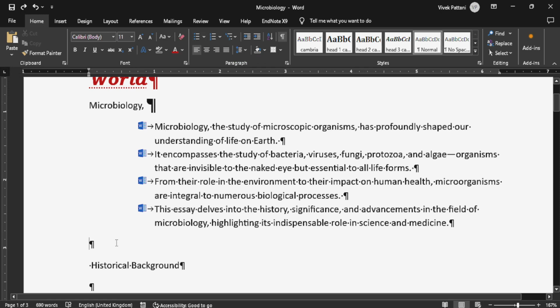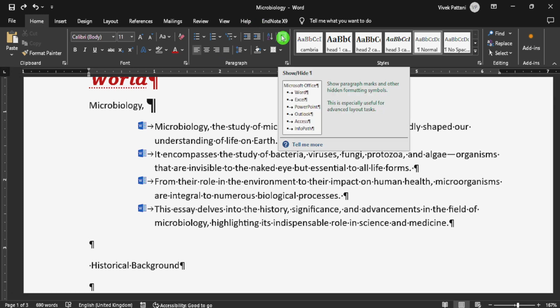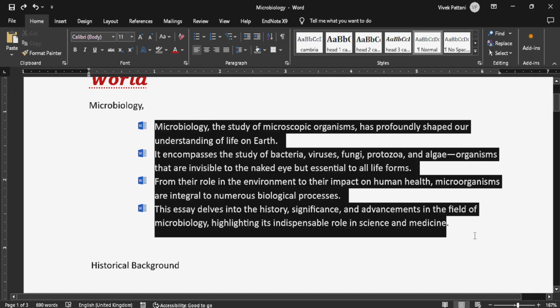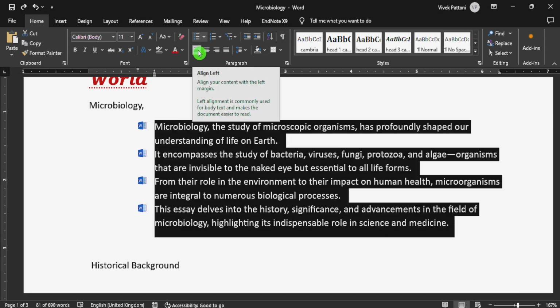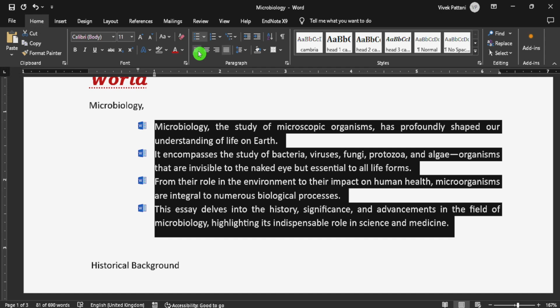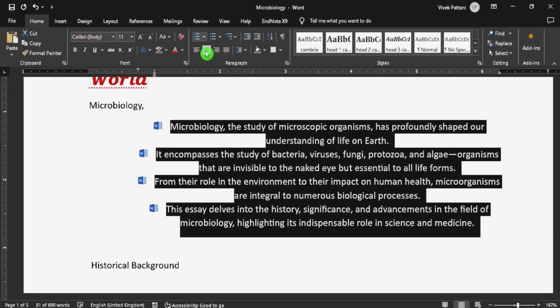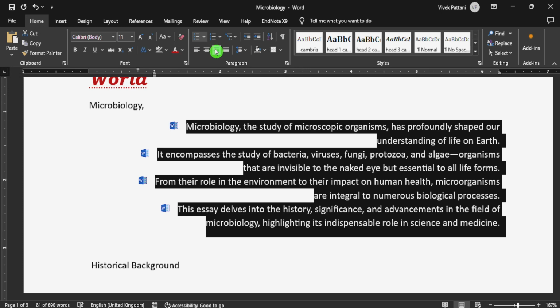Okay, for example I am going to use tab. So this is how the tab is used here. I am going to again hide. Next one is, for example, now I want to align my text towards the left. Now if I want to arrange the text in the center, now if I want to align my text in the right, now if I want to align my text in a justified manner,